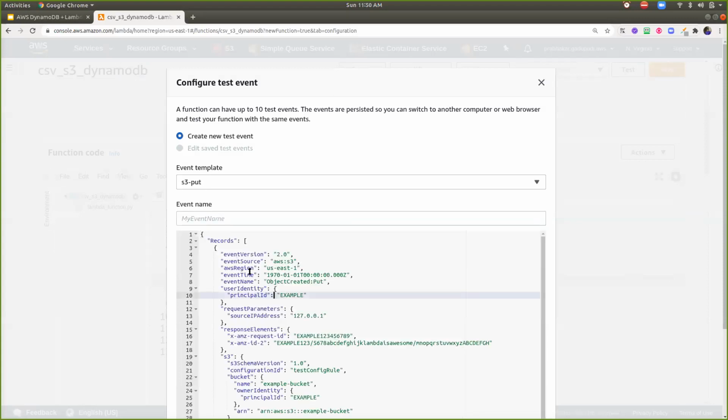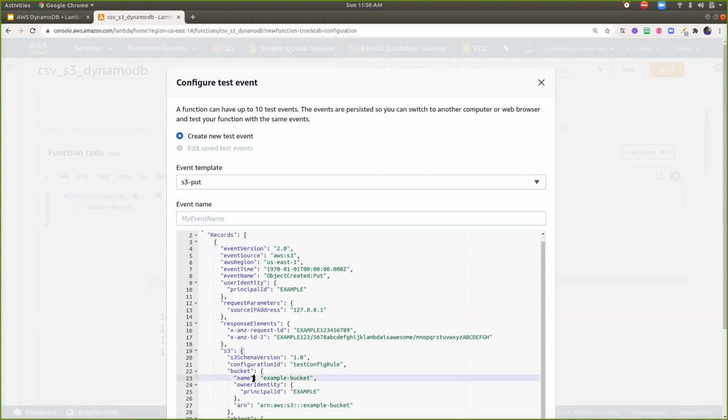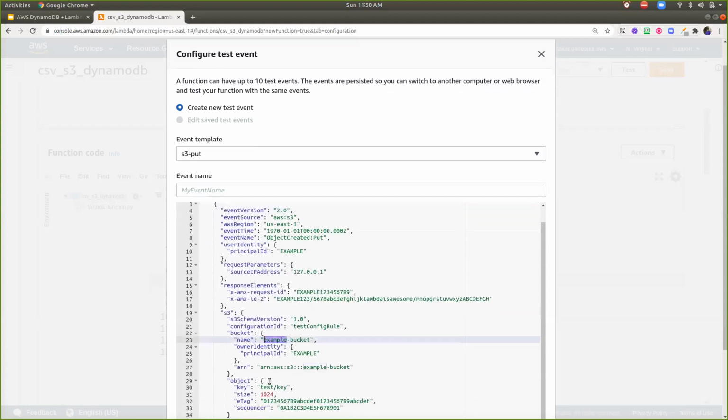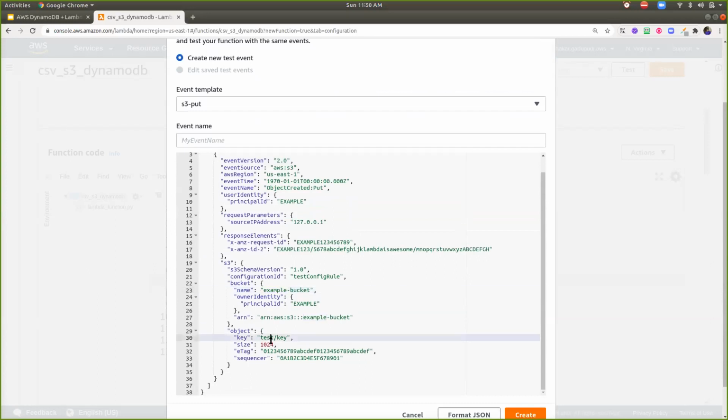Here you can find the default request object for the S3 put object. Inside there is Records, and inside that Records you go through the 0th index, then S3, and you can find the name of the bucket. Similarly you can find the object name, that means the name of your file.